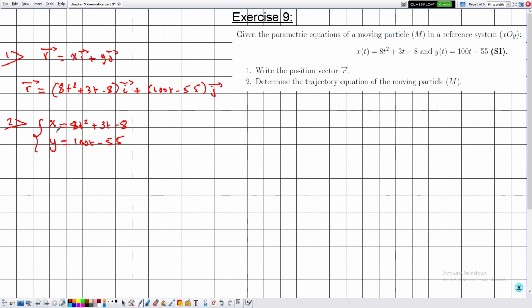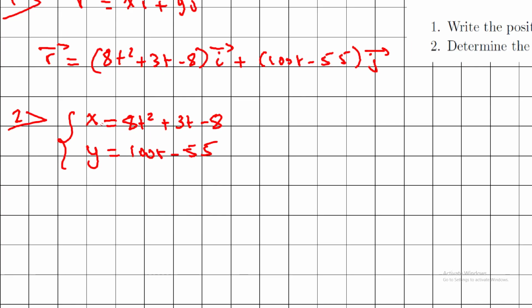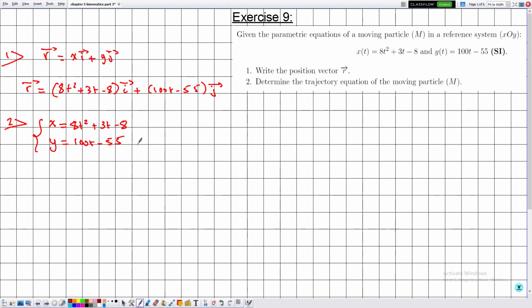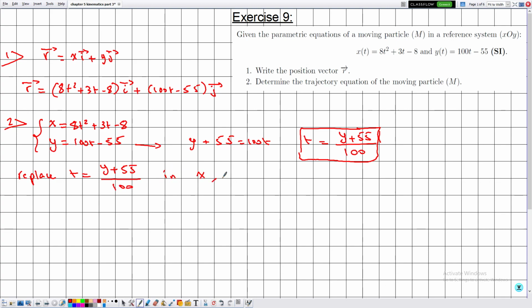So actually we need to get rid of time. Referring to the variable which has only the linear term, which is y, we can say that y plus 55 is equal to 100t, or in other words t is equal to (y plus 55) divided by 100. Now replace t, which is equal to (y plus 55) divided by 100, in x. We get